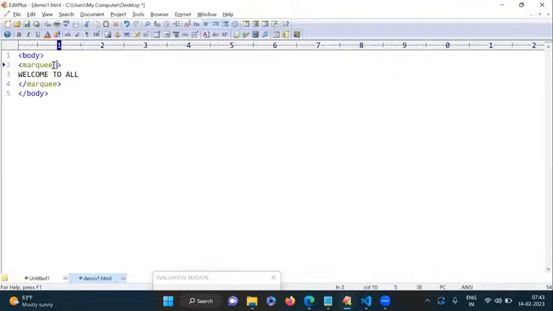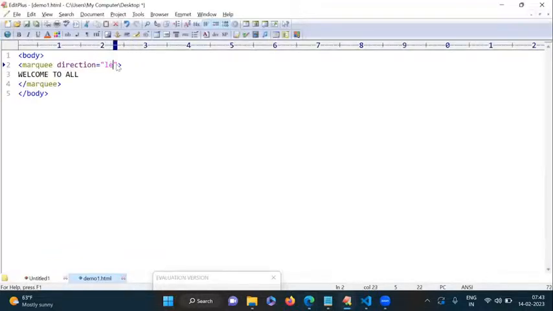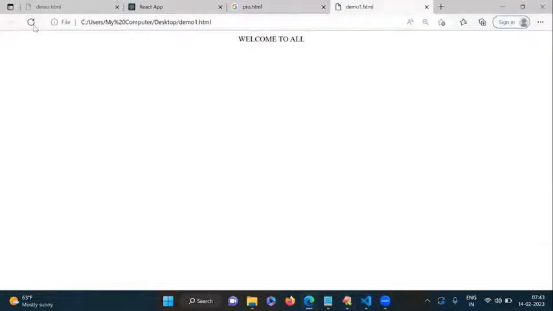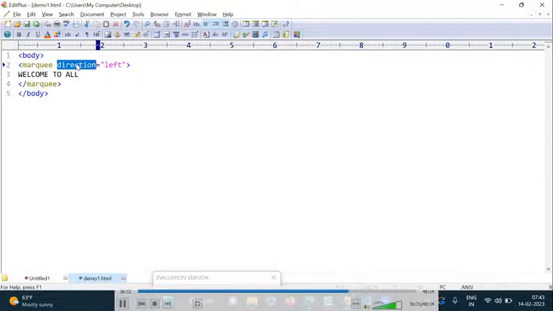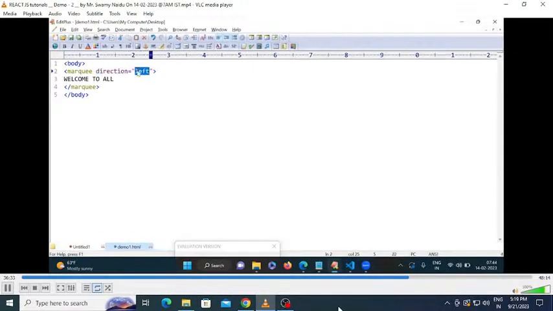So if you want to display scrolling content, then what element are we using? Marquee. It provides some properties. Now direction equal to right I have given, meaning towards the right side we are scrolling the text like this. In case I give left, it moves towards the left side. Like that, direction is one property. Every property is a combination of name and value. Yes, direction is one property. So what are the values